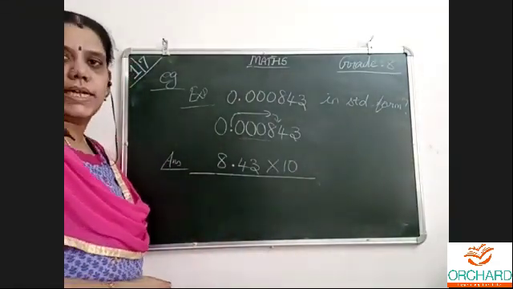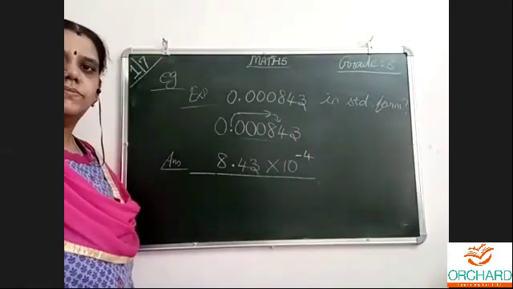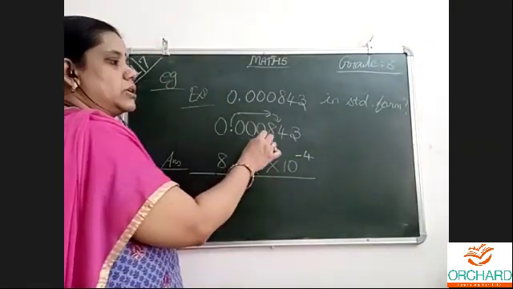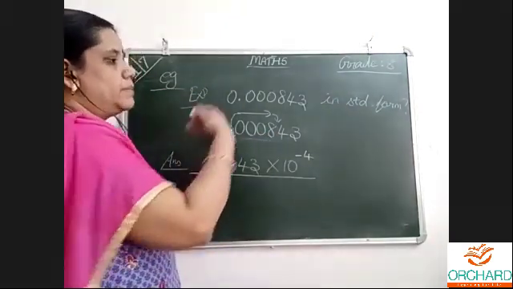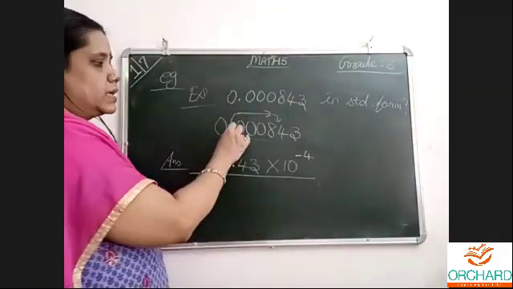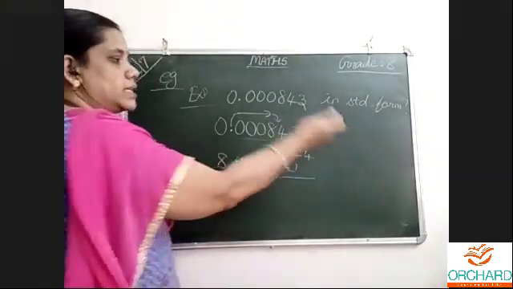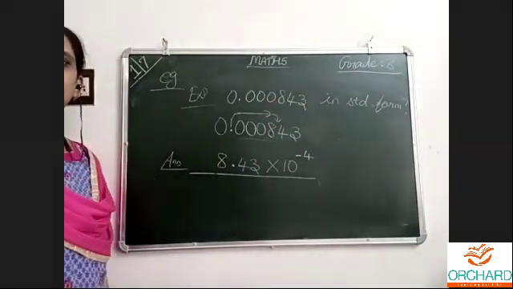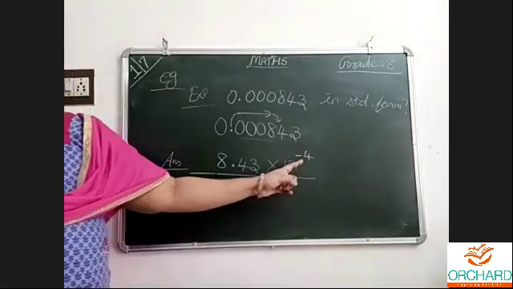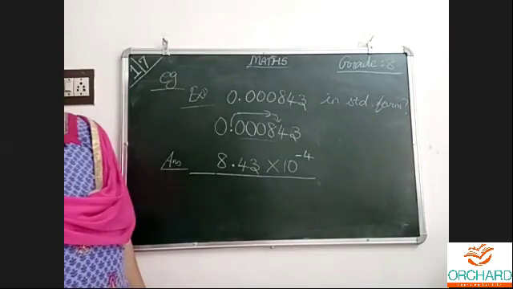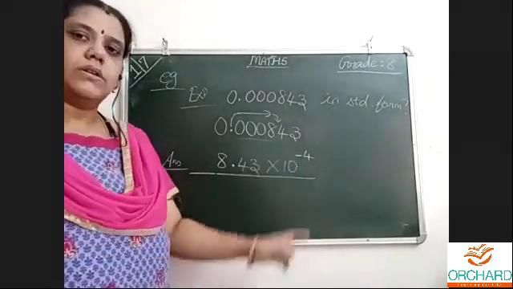That is very important. When I move like this, it is minus 4. So whenever you have a point and move like this, you will get negatives. That is moving from left to right, this side to that side. In the previous example, we had to come from the last to the front, so that was positive. Tanishka, this is important. The negative powers are very important. If you write positive, I'll cut the marks.